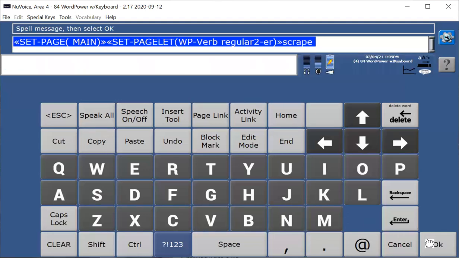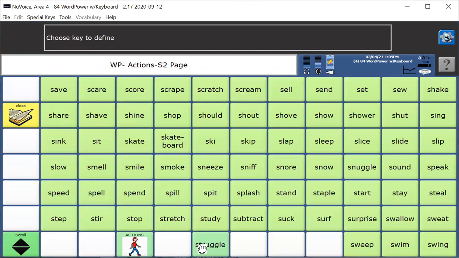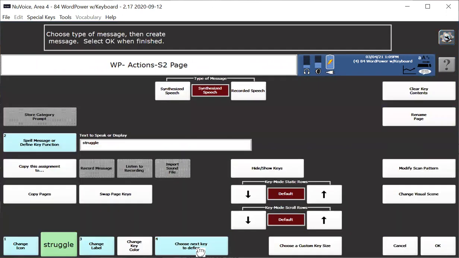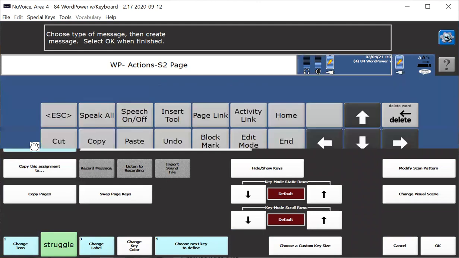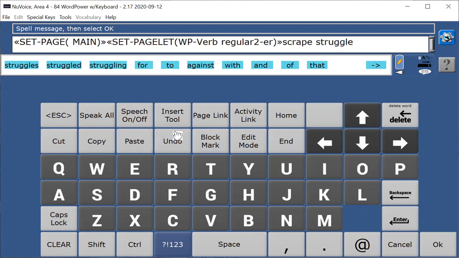I'm going to say okay. I'm going to choose next key to define, and I'm going to go back to struggle. And under spell message or define key function, I am going to click my up arrow to get the cursor at the beginning. And then I'm going to click paste,